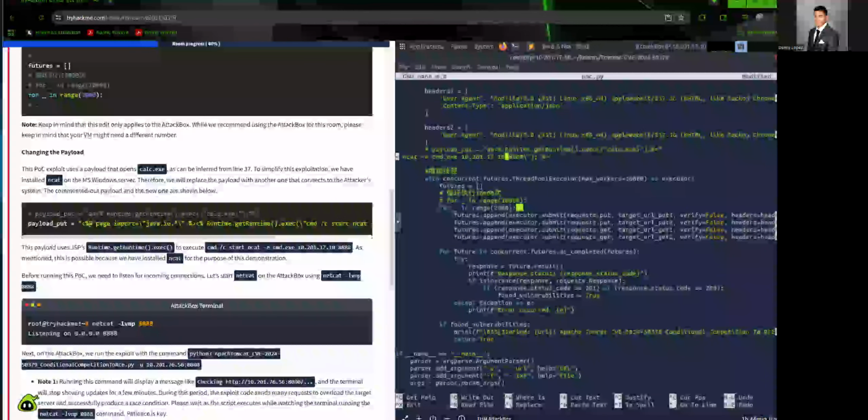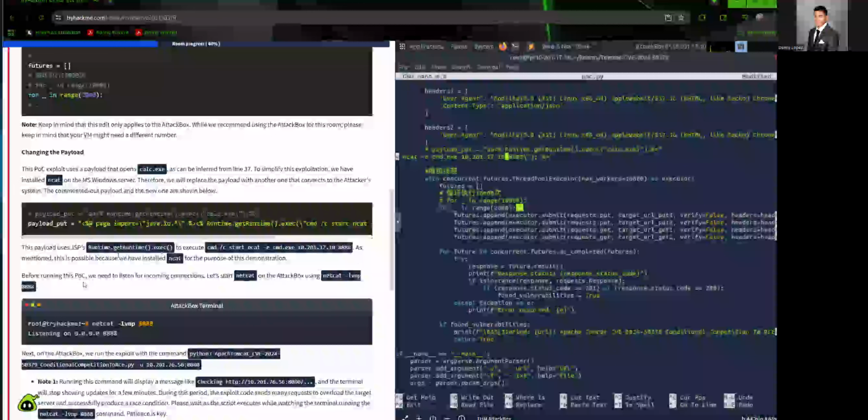All right. This payload uses JSP's Runtime.getRuntime().exec to execute cmd /c start netcat and then cmd.exe and the IP address and the port number as mentioned. This is possible because we have installed Netcat for demonstration purposes.